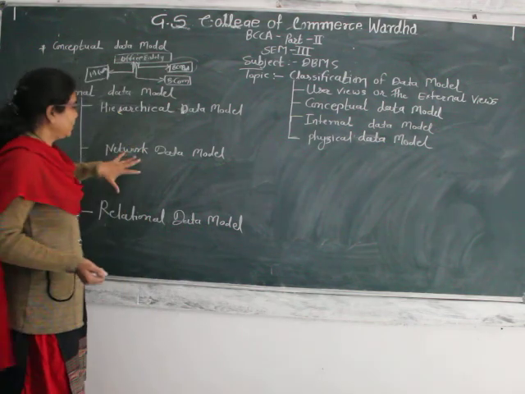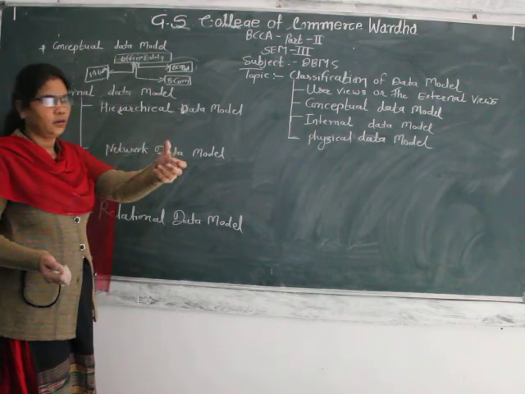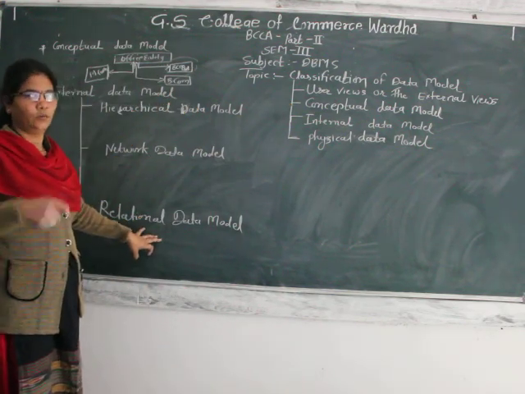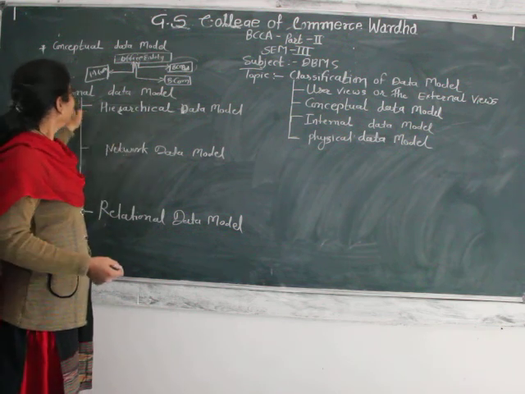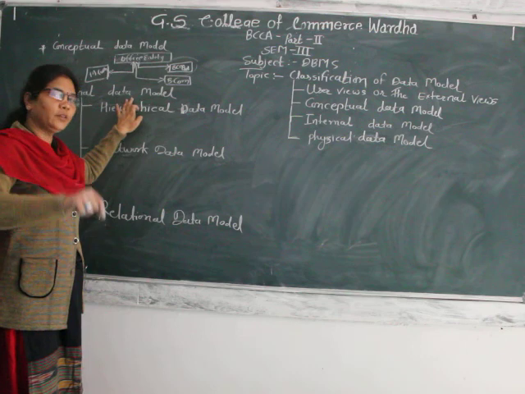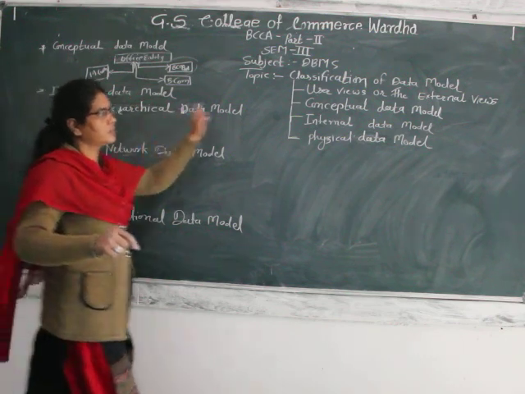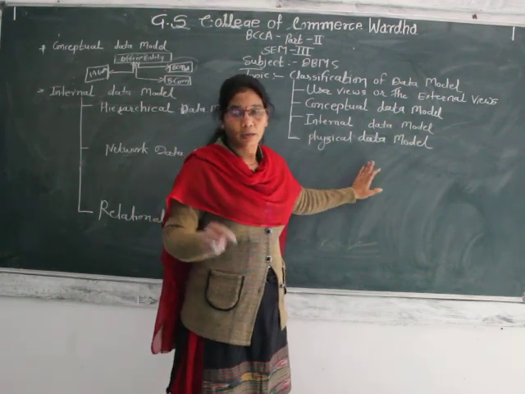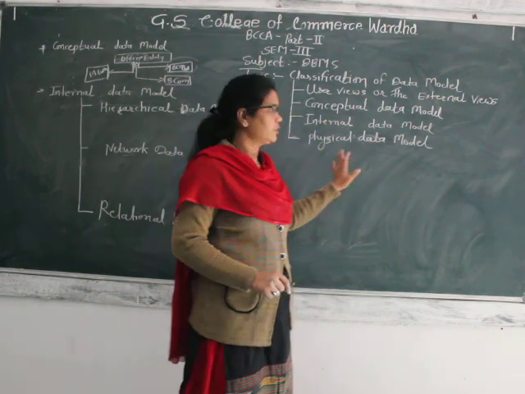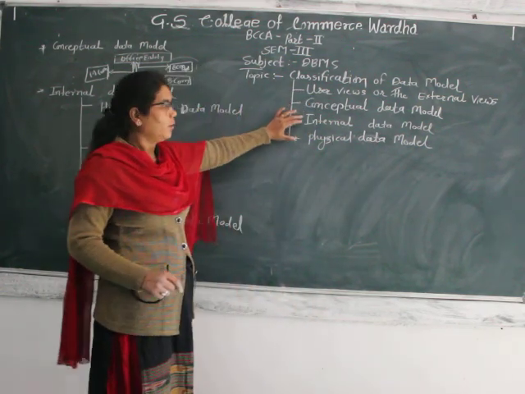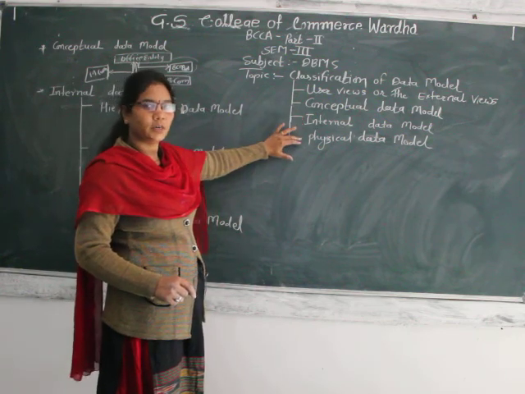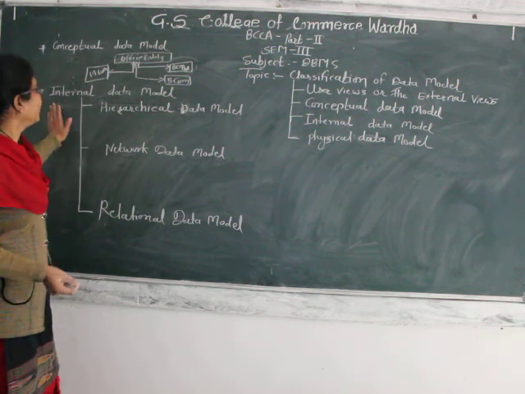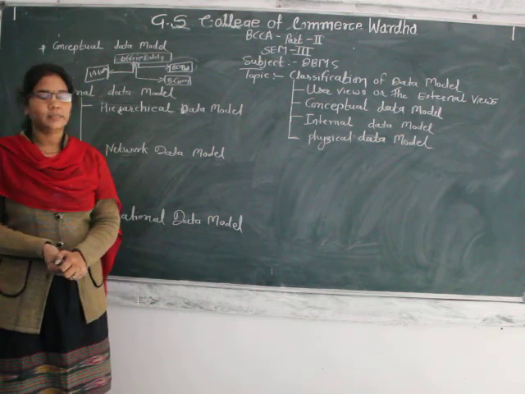Why? Because when we map our conceptual data model to one of these three, it becomes an internal data model, and as per the internal data model, they decide the physical data model. Or we can say we put our data physically in the secondary storage memory. That's why when the university asks a question about the internal data model classification or physical data model classification, you have to write those three. Okay, so the very first topic of internal data model is the hierarchical data model.